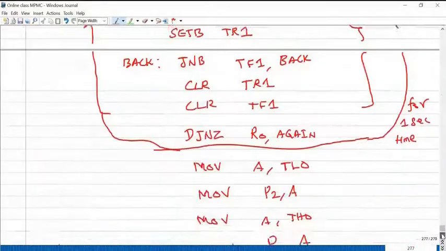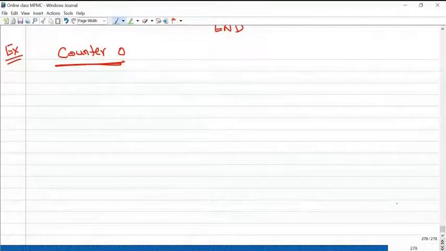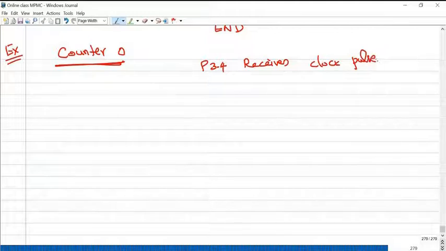Whenever the clock pulses arrive at the P3.4 pin, it receives clock pulses. Whenever the external event occurs, a clock pulse will be generated that arrives at the P3.4 pin.